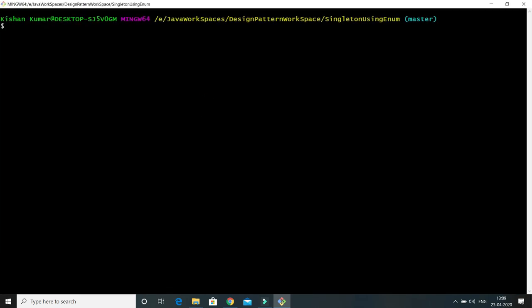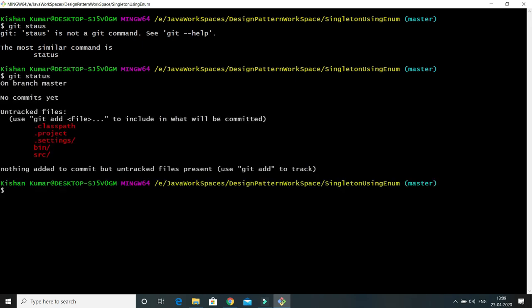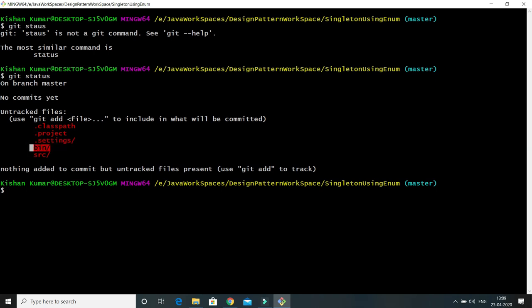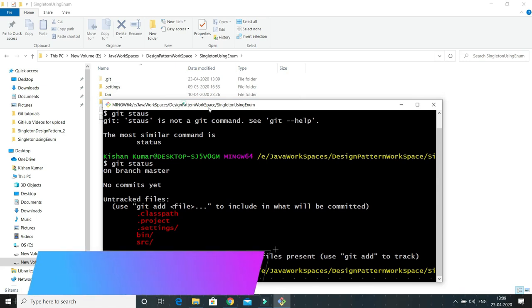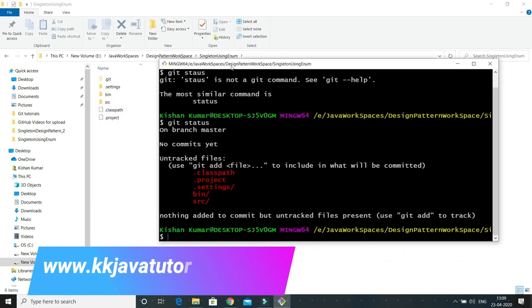If I do git status to check which files are going to be tracked by Git, you can see it is tracking .classpath, .project, .settings, the bin folder, and the src folder. These are the folders and files present in this directory in my local repository.